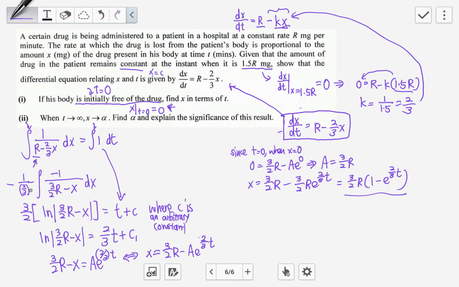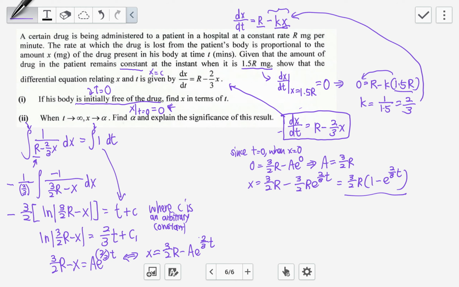When I put a negative 2/3, so this will be negative, then this one will be 3 over 2r minus x. Yeah, this is correct. So when the top is the differentiation of the bottom, we just ln 3 over 2r minus x,